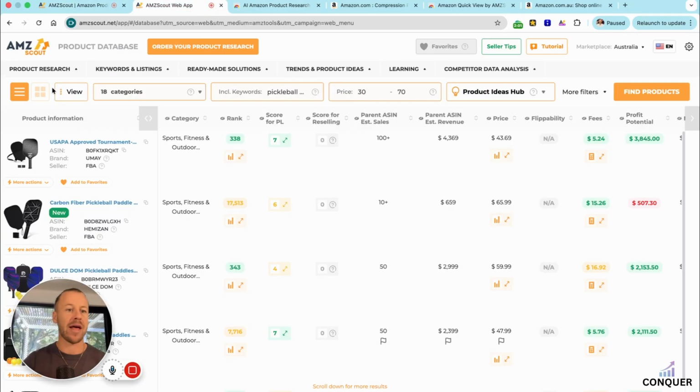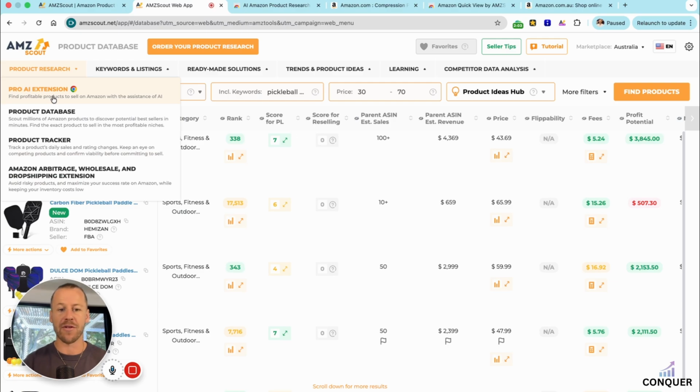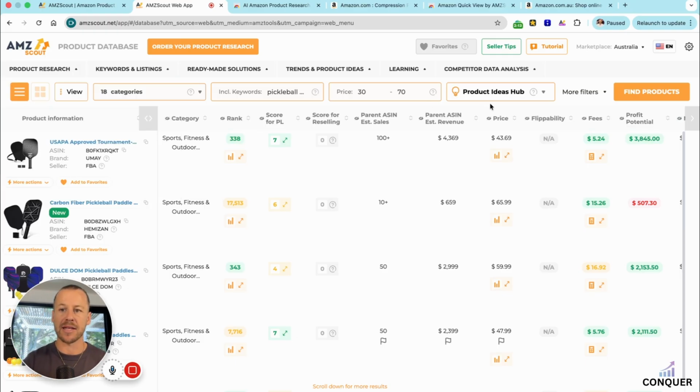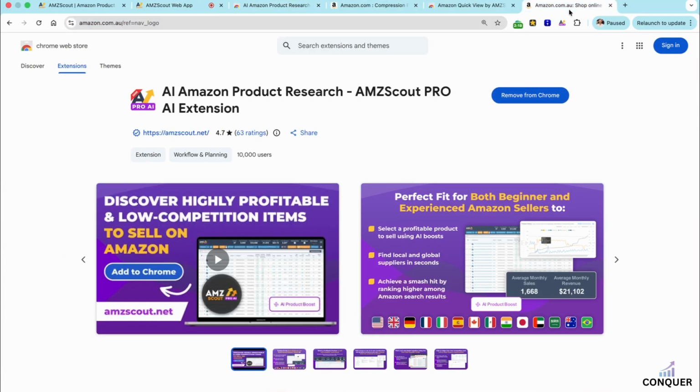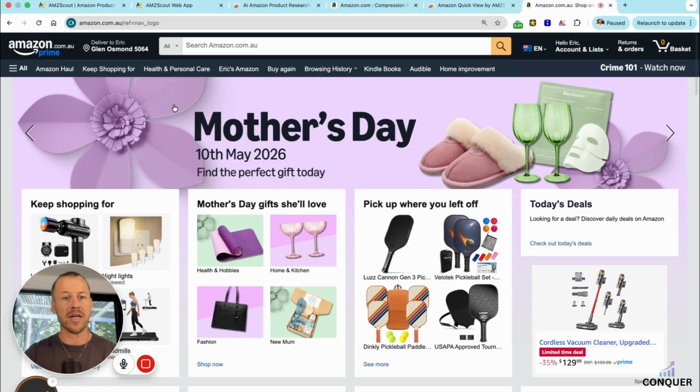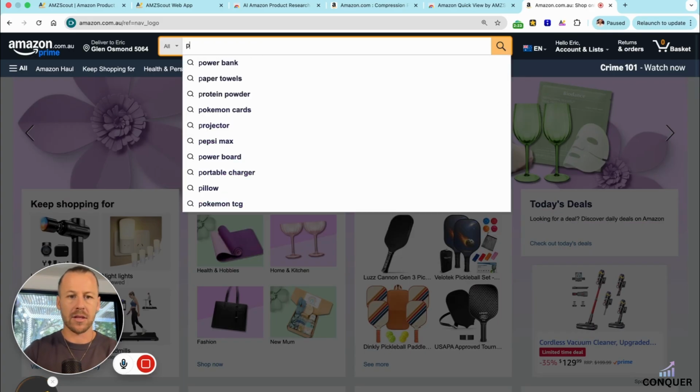Firstly, we come on up and we've got the product research. You can see I've already accessed one of this and had a bit of a play around. But number one, Pro AI extension. This is a must-have tool. This is a must-have extension. You download this and it's going to come up as a little Chrome extension, and I'll show you exactly what it looks like. Basically, just come on here, you download it into Chrome, you go to amazon.com.au, you search a product,